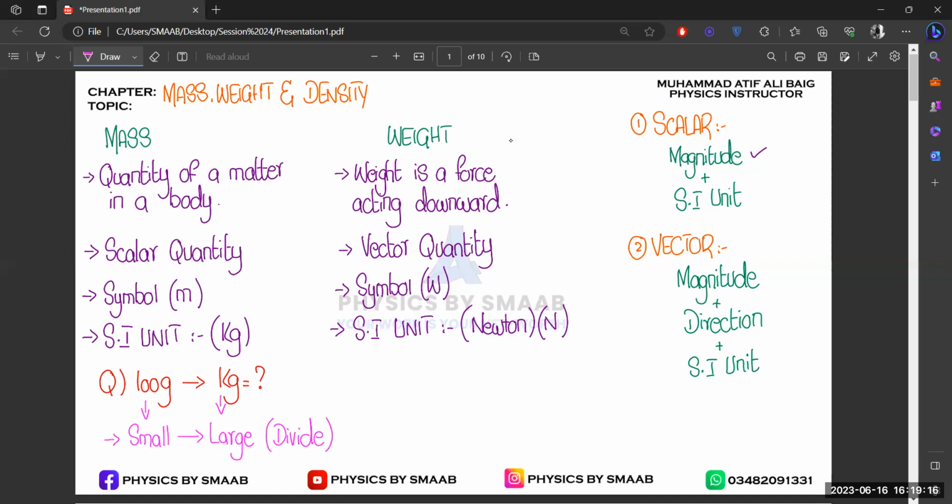So for this question we need to convert grams into kg. For that we know that 1 kg will be equal to 1000 gram, right? Because this is a constant value. So how are we going to convert gram into kg? We just need to divide 100 grams by 1000, because we are converting a small unit into a large unit and we need to divide the term. So we simply divide 100 by 1000 and you will get the answer